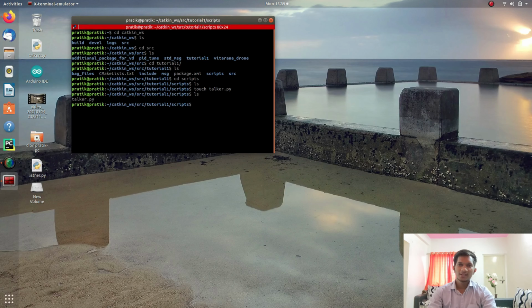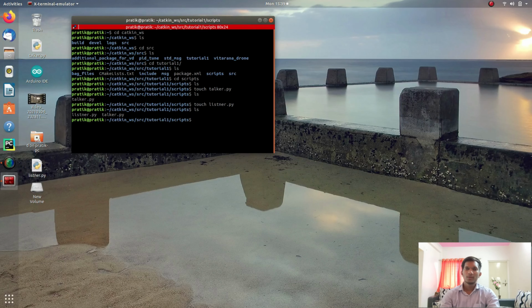So now you can see that there is a talker.py file in the scripts directory. Now I'm going to make the listener. So I'll just type touch again, listener.py. So okay, I'll just type ls. So now you can see that there are two files present, listener.py and talker.py.